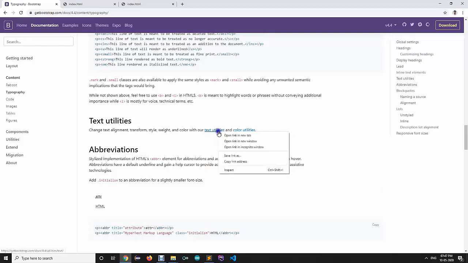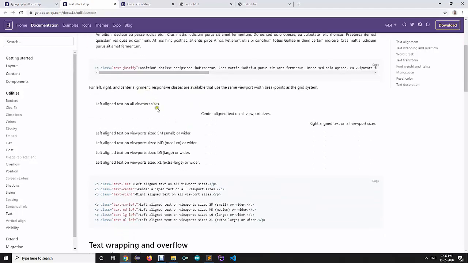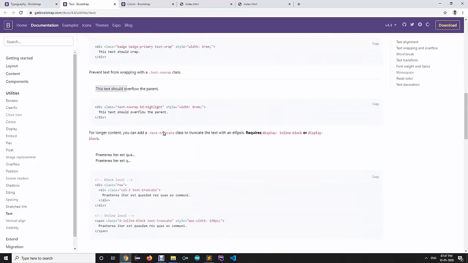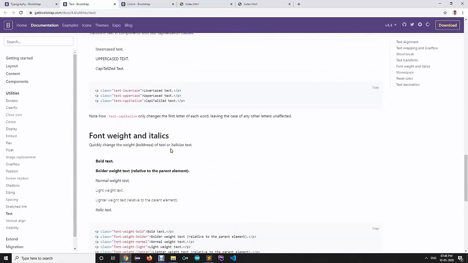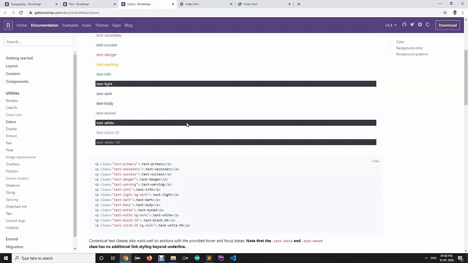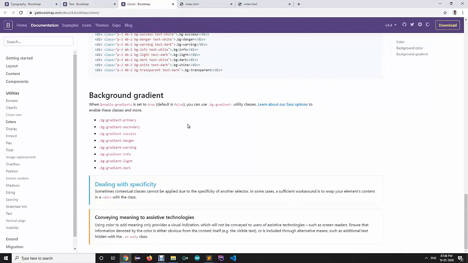There are certain more utilities Bootstrap provides, for example text utilities and color utilities, which you can explore, where if you want to align something, if you want to space certain width, you want a word break, text transform, all the properties which were there inside your CSS, they have created classes for that which can help you to design your website in a better way. So these all are the colors. So you can explore Bootstrap from their official documentation.